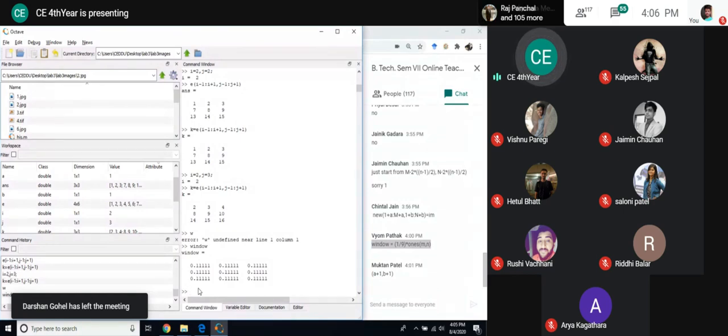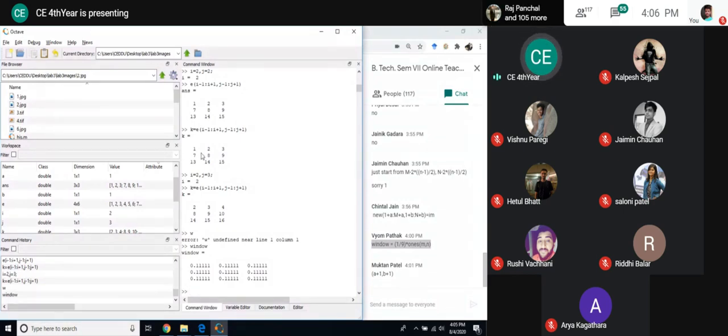Okay, so now I want to do element-wise multiplication. I want to extract this K first, then extract this K plus, then do element-wise multiplication here, and then summation. First, tell me what will be the command for element-wise multiplication and summation. Suppose that 3 cross 3 neighborhood is extracted somehow, and I have window with me already defined. What will be the command for that?